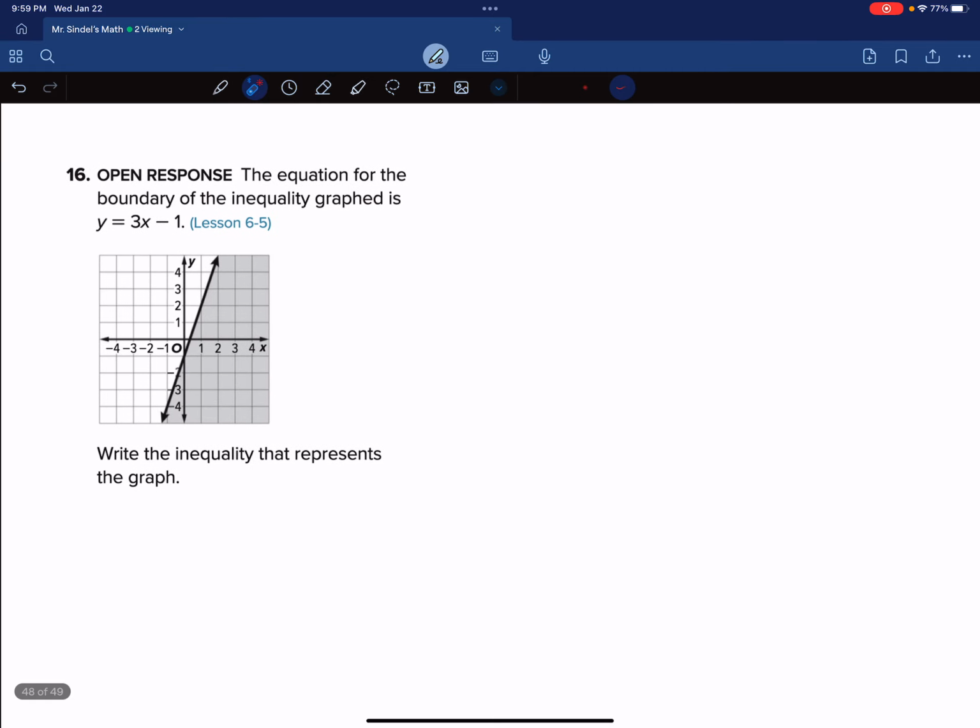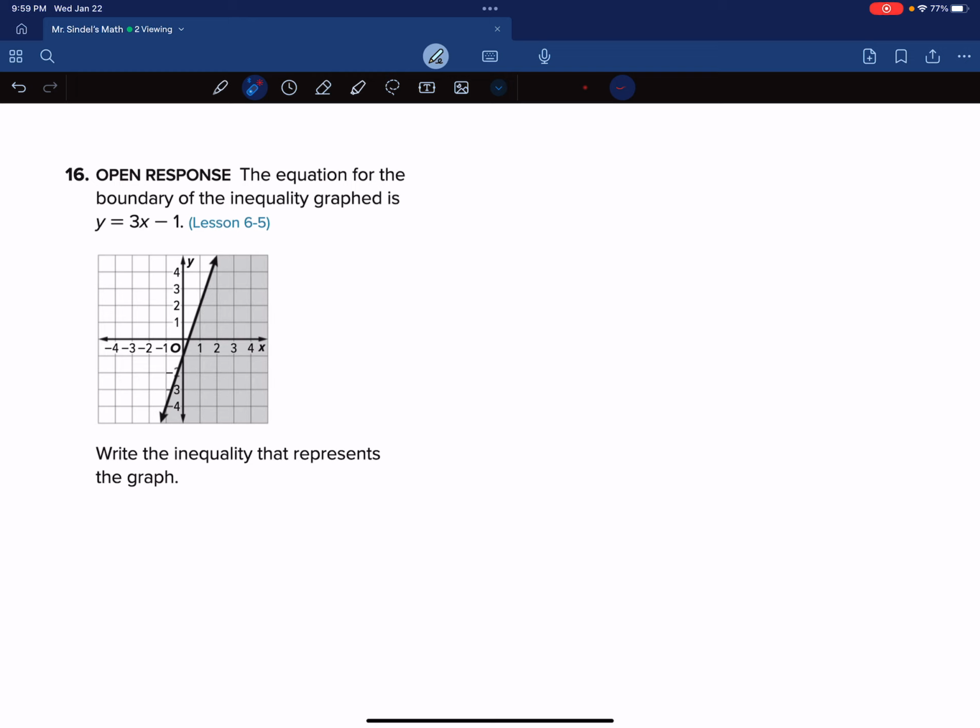Number 16. The equation for the boundary of the inequality is graphed, and it's y equals 3x minus 1. Is it? I don't know. Minus 1 is right there. It goes right 1, up 3. Okay, I believe you. Slope is 3, y-intercept of -1. Write the inequality that represents the graph. Oh, the inequality. So you have to just choose that symbol, that symbol, that symbol, or that symbol, right? Okay, so